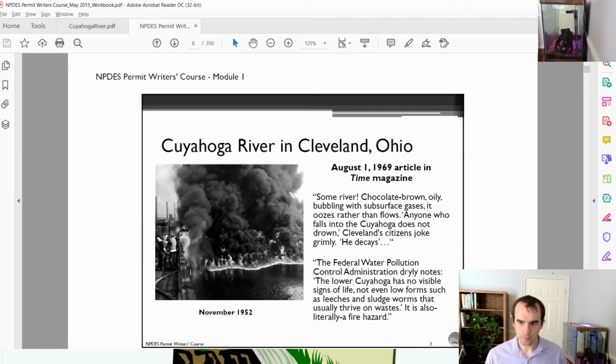So that picture, by the way, was from 1952, and in an August 1st, 1969 article in Time magazine, we have this quote: "Some river, chocolate brown, oily, bubbling with subsurface gases, it oozes rather than flows. Anyone who falls into the Cuyahoga does not drown," Cleveland citizens joke. "Grimly, he decays." And then another dry, typical government quote: "The Federal Water Pollution Control Administration dryly notes, the lower Cuyahoga has no visible signs of life, not even low forms such as leeches and sludge worms that usually thrive on wastes. It is also literally a fire hazard." Pretty